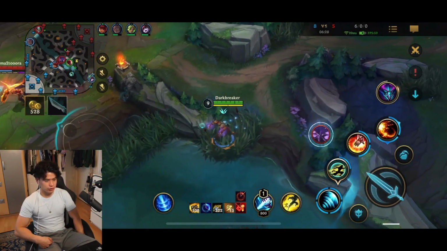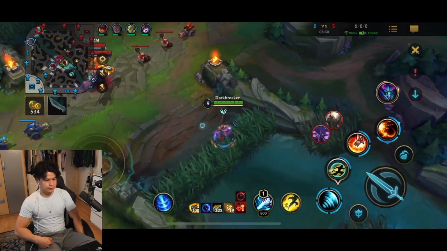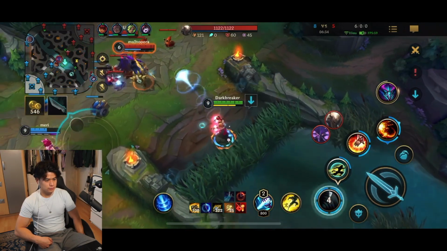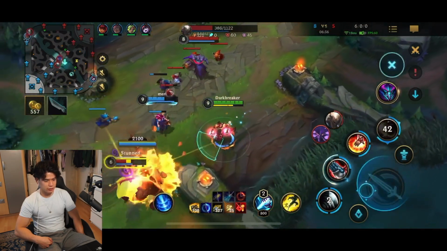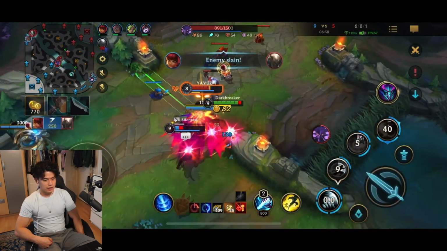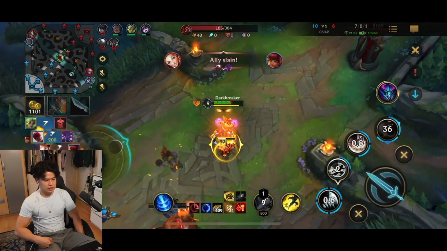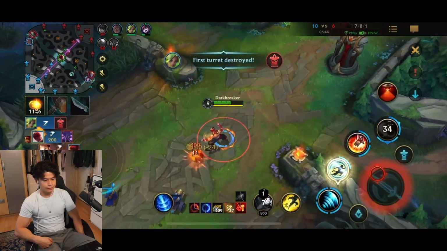Oh, maybe I'm looking for a trap right here. Okay. Okay, hello. Nah, that possibility was so missed. That was my bad. I'm not sure why the Pantheon didn't jump back in. I guess he wanted to go for the Annie. They do get the Annie though, but...